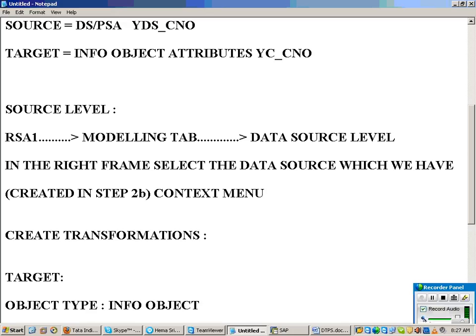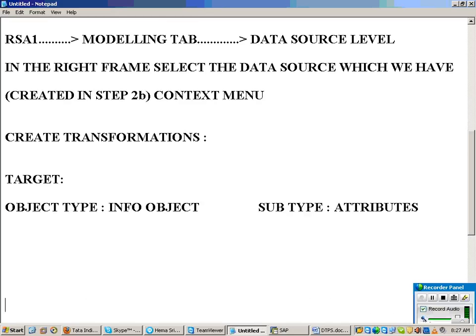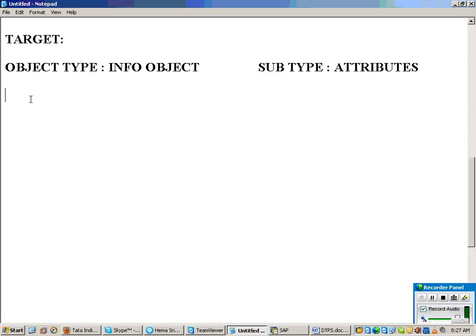So the object type is info object, then your subtype is attributes. And it was asking for the name of your info object, YC underscore.